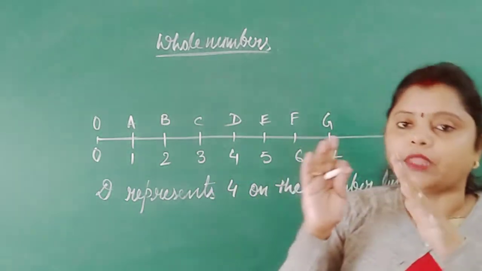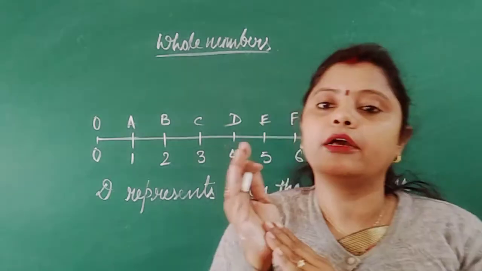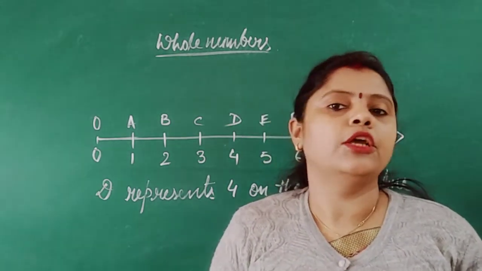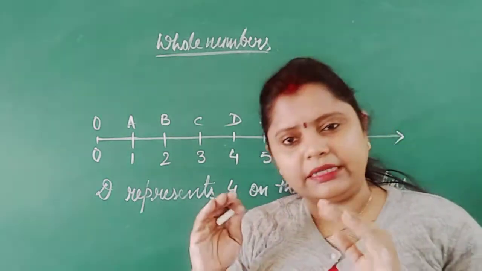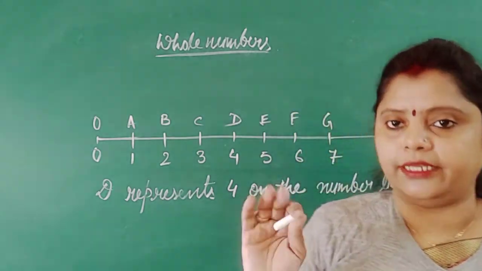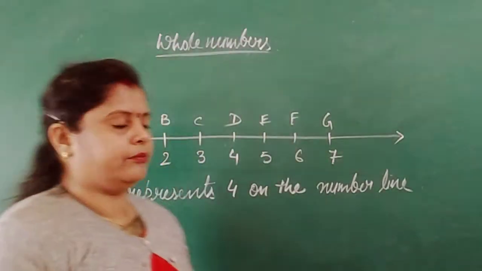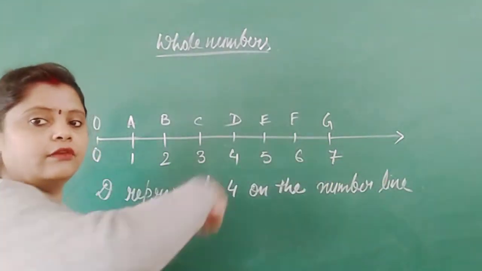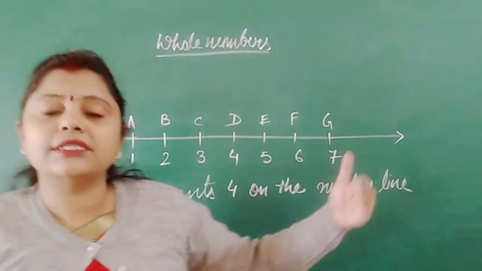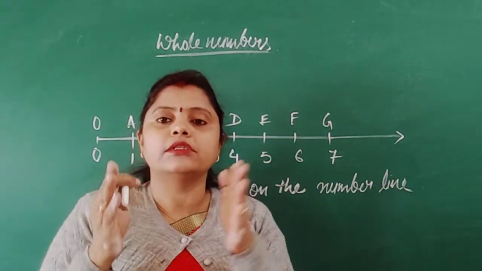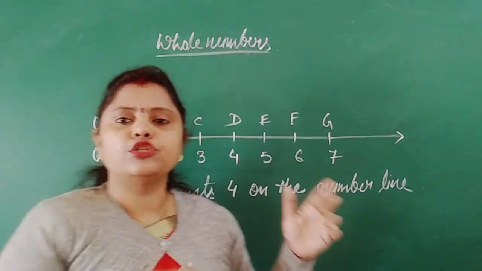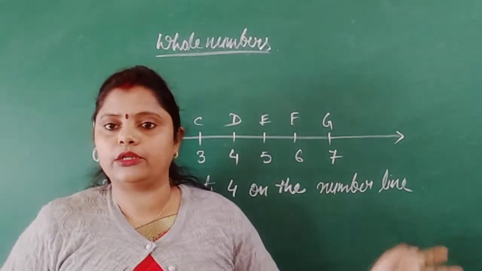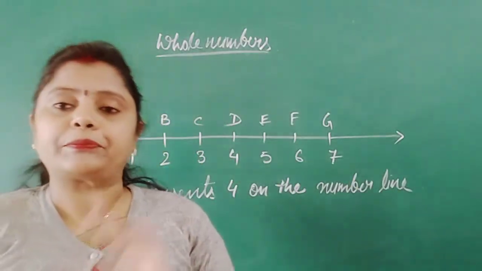So in this way, if the question comes, you can represent the numbers on the number line. Obviously for the number line the small numbers will be given. You won't get numbers like 100, 200. But if bigger numbers are there, you have to keep a small thing in mind. Whenever we are moving toward the right side, numbers are increasing. So suppose you have to draw 101, 102. You can start from 0, make some break, and then 100, 101, 102, like this you can continue. It is up to you.